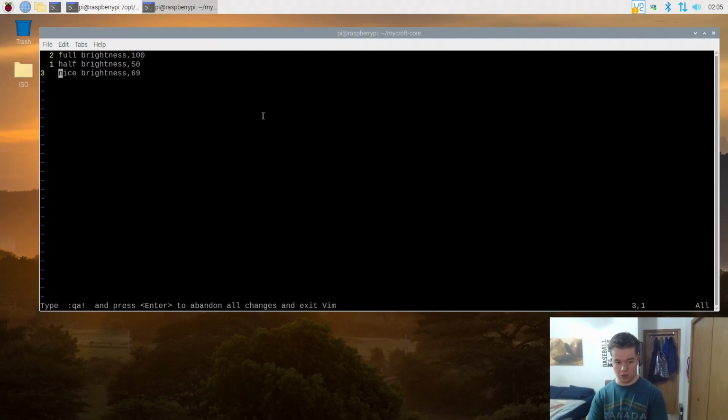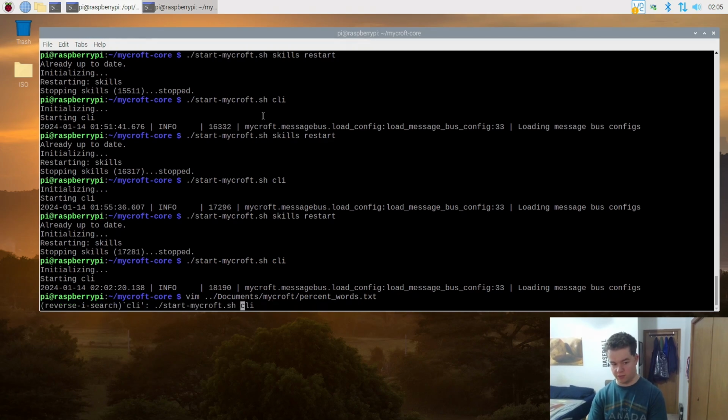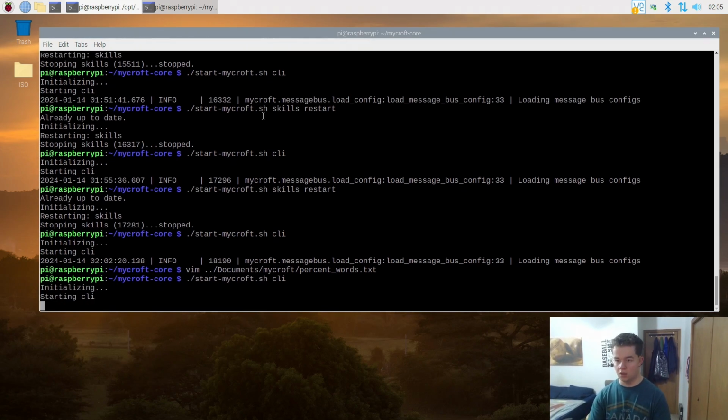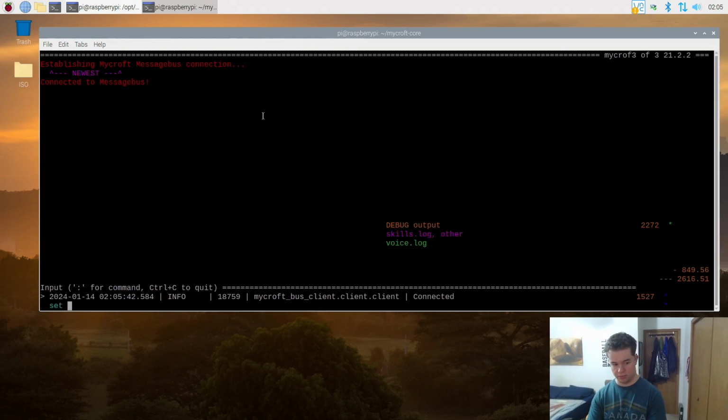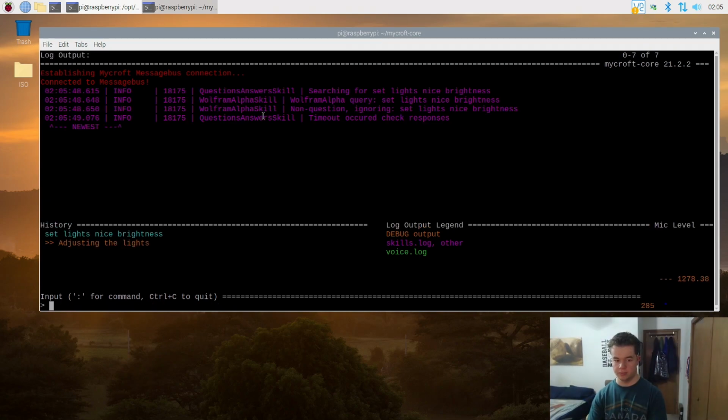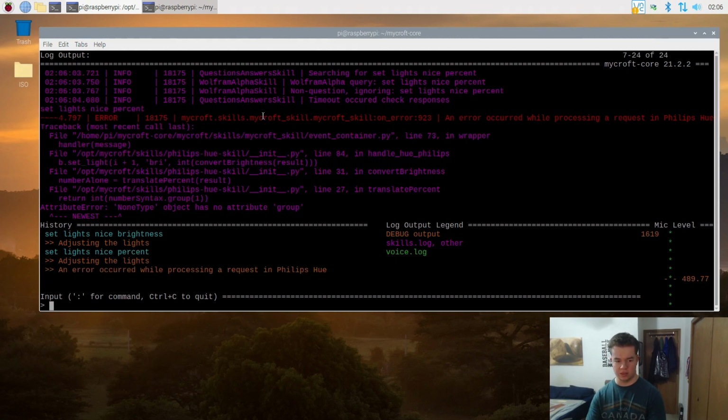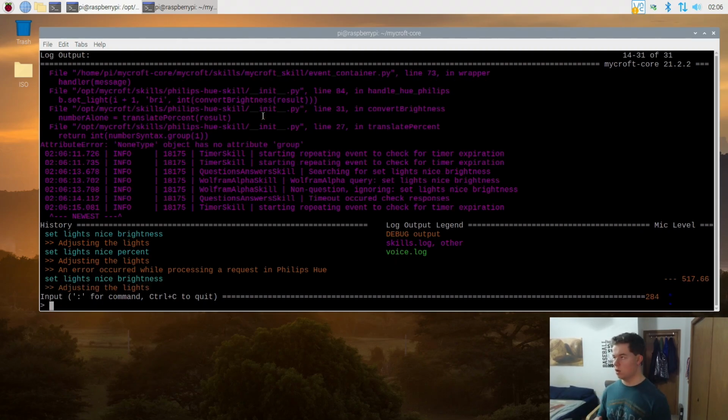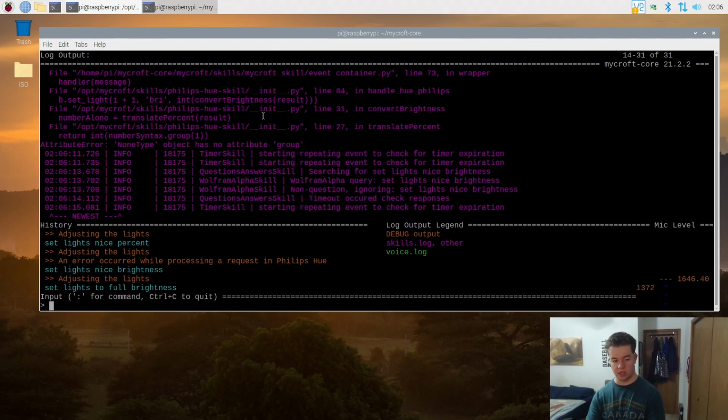So if we were to come back into the command line interface for it, let's try nice brightness. Then it works. I think it was erroring out if it's something that doesn't exist. Yeah, if it's something that doesn't exist, then it'll error out. But it doesn't actually stop the program from working. So I think I'm just going to ignore this problem. It's not even a problem. So then if I want to set it to full brightness,